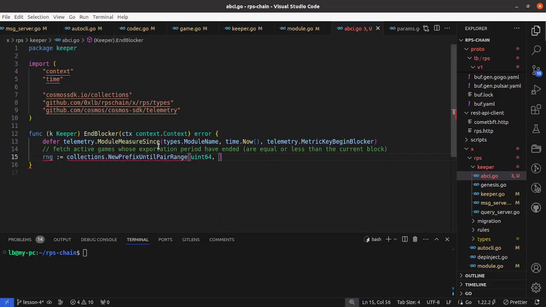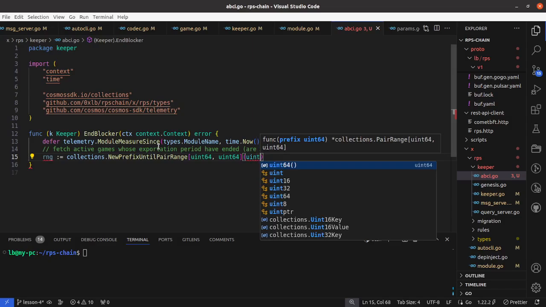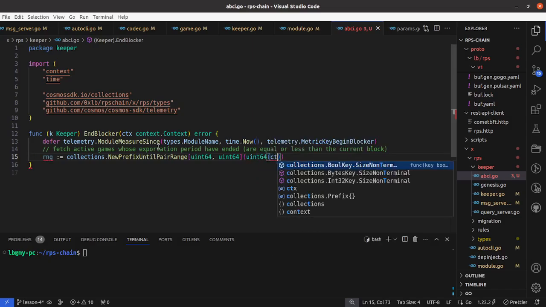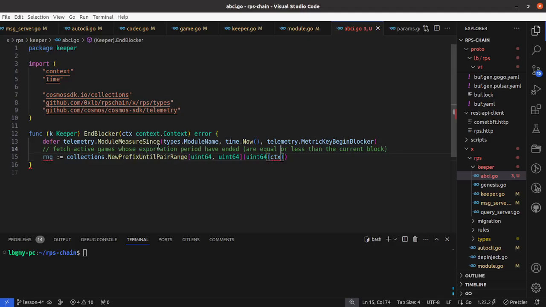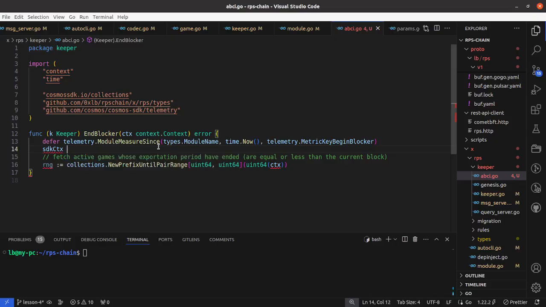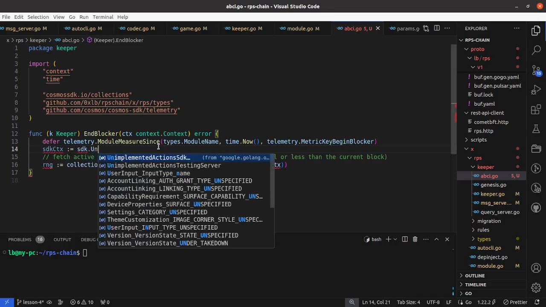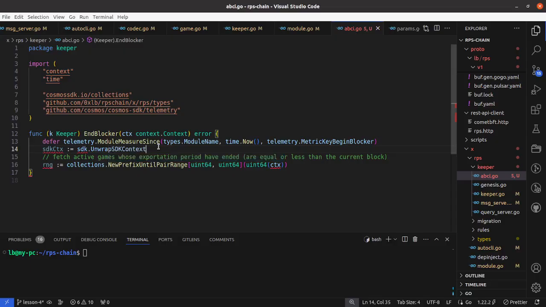That's a uint64, and we want the range until the current block height, context block height. For this we'll need to unwrap the context to be an SDK context, SDK unwrapped SDK context,